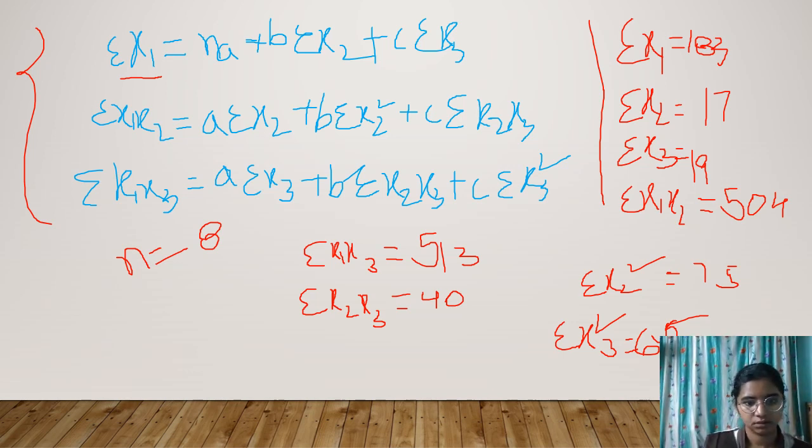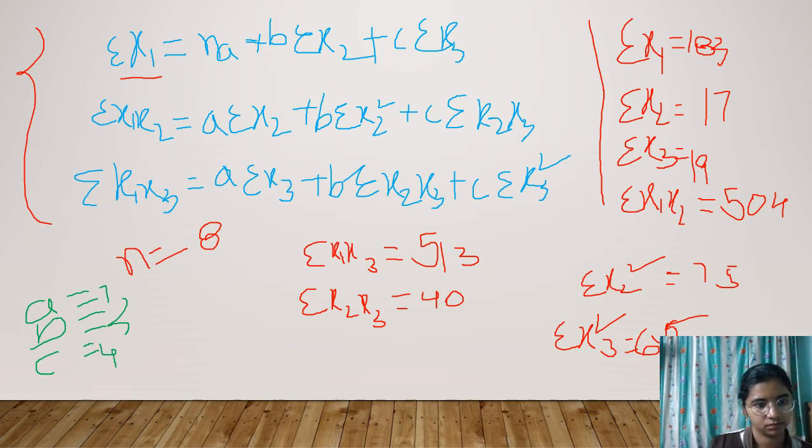That means A value is 7, B is 3, and C is 4. And we have the linear regression equation, that is x1